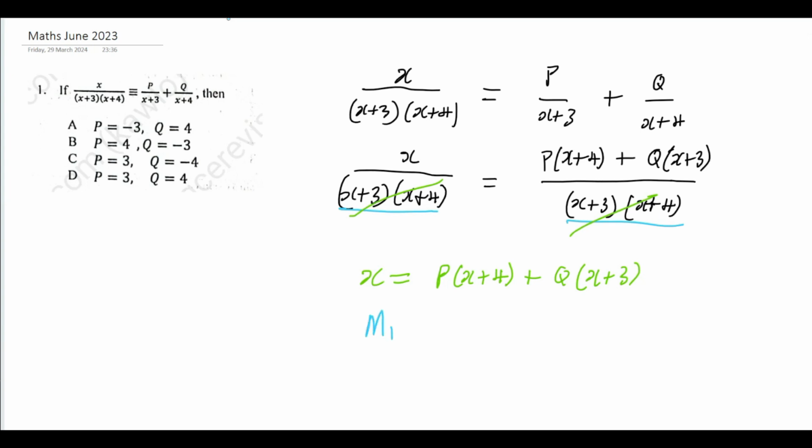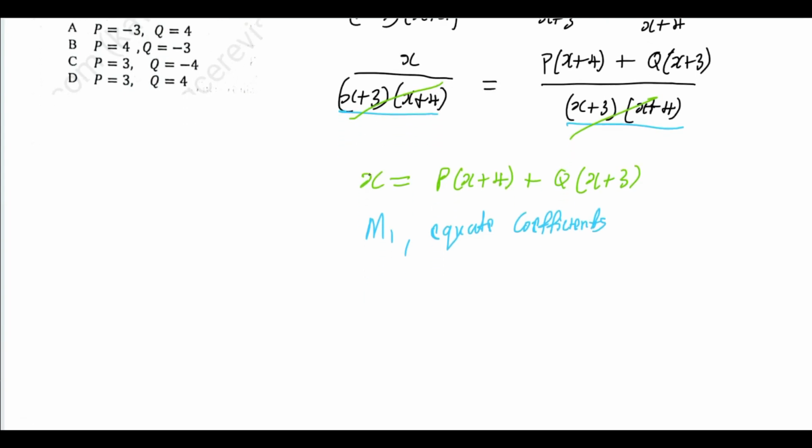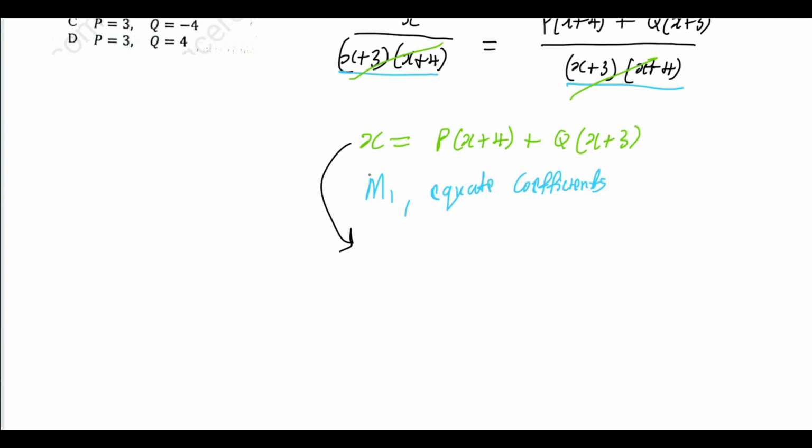So for method 1, we're going to equate the coefficients. We'll equate the coefficients of the variables. Now I'm going to explain what I mean by equating the coefficients. On the left hand side, we can write this as 1x plus 0